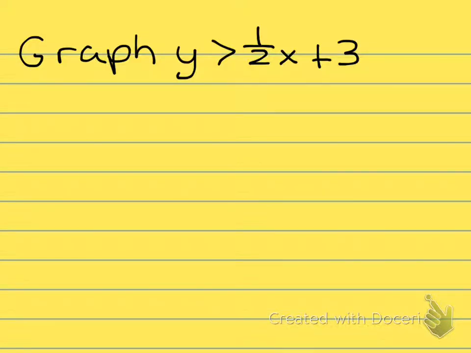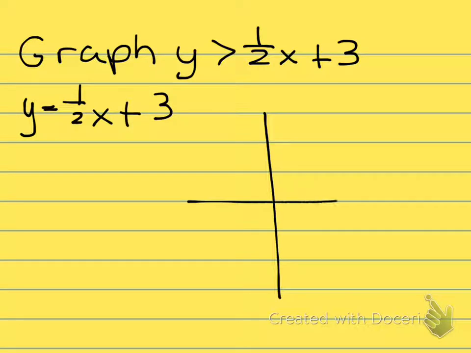First is graph y is greater than 1/2 x plus 3. So I'm going to graph this like I would if it was y equals 1/2 x plus 3. So it's already in slope-intercept form. So I'm going to draw my graph. Of course, you're going to use graph paper and start at 3,